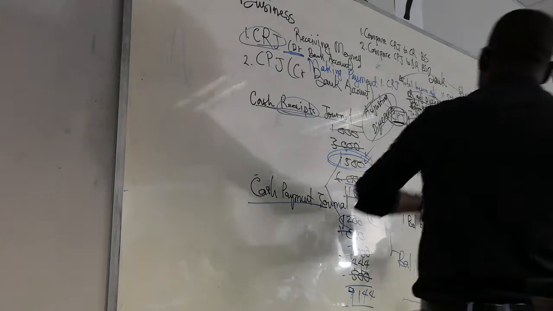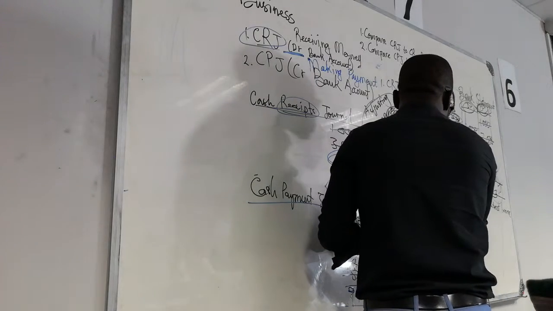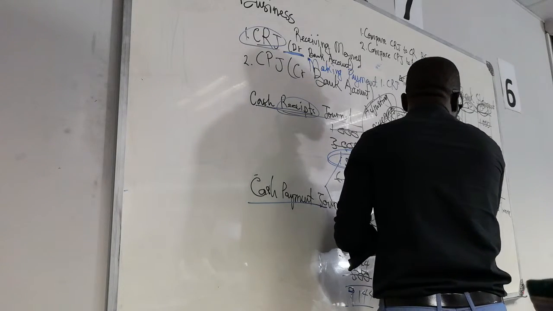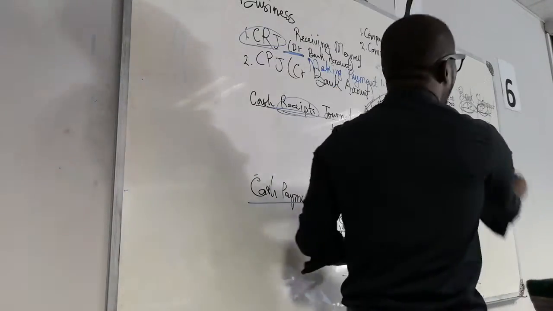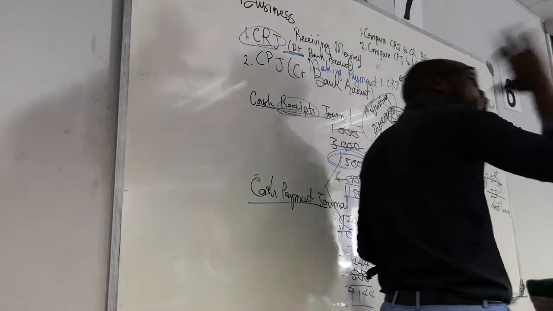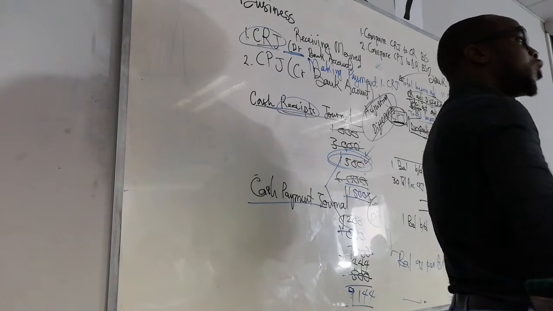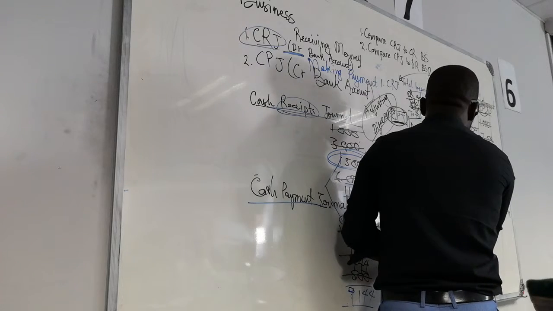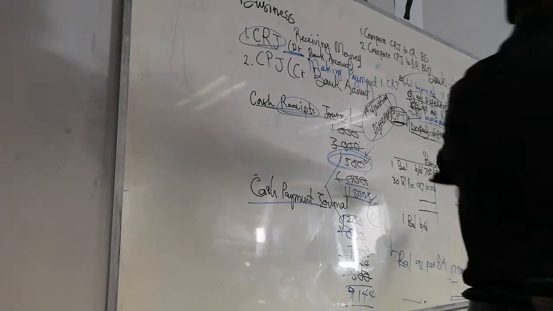When I come here, number one, you need to know that total receipts from the CRJ must be on the debit side. We were debiting bank. So you're going to bring the total that you adjusted, your answer. You're going to bring your answer, whether it's wrong or right, and say 12,123. Are we together? This is your answer.